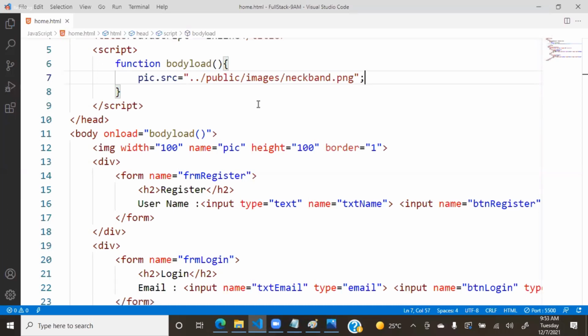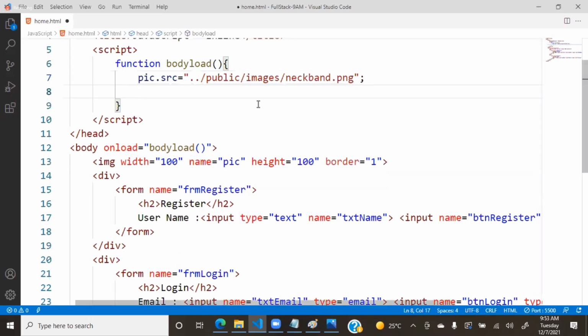But this also has a problem. Now, what is the problem in this? Referring by name is good. Even if you change the position, it will work properly. But the problem here is if you are trying to refer to a child element without referring to its parent, you cannot refer to it directly. That means I have to refer to the register button. What is the name for the register button? BTN register dot value is equal to what? Register. Now it is not working